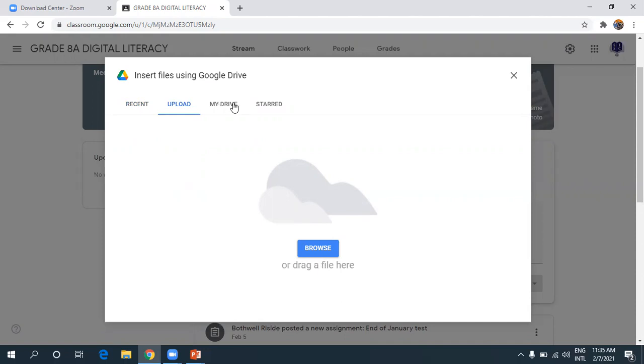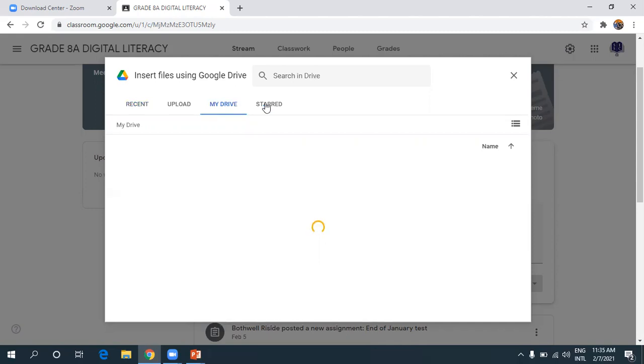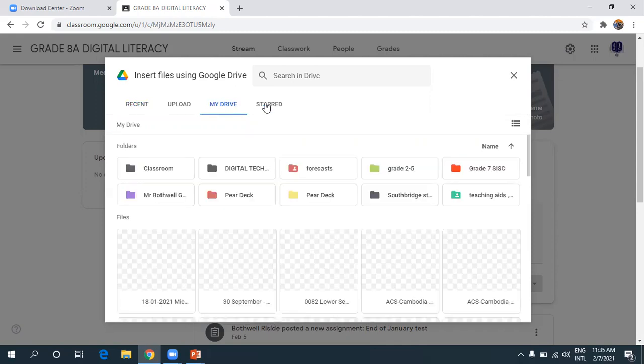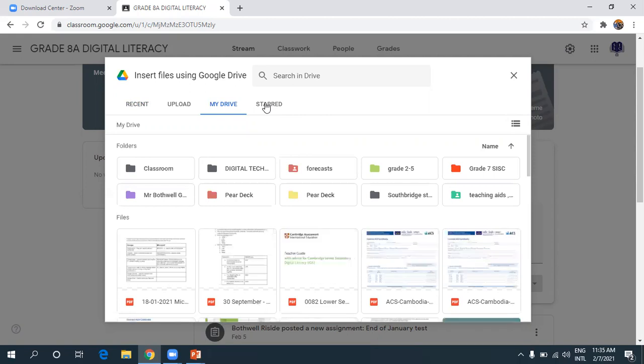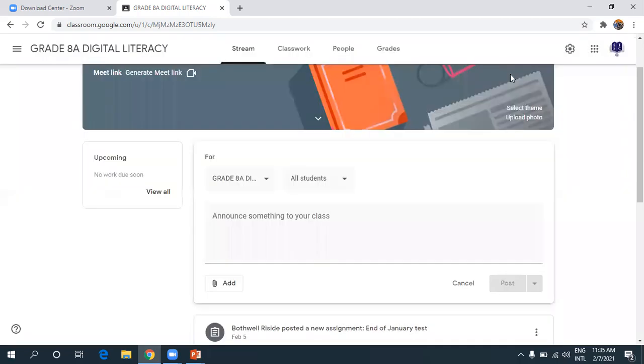You can also upload from your drive, that is what you'd have made. You can also upload from the start. If you don't know all these things in Google Drive, you can also watch one of my videos, which is about how to use Google Drive. Thank you. So after uploading, whatever that you want to make as an announcement, because it might not be some